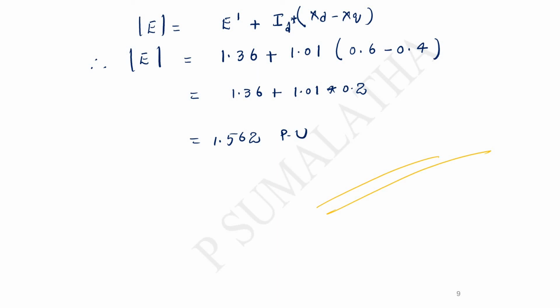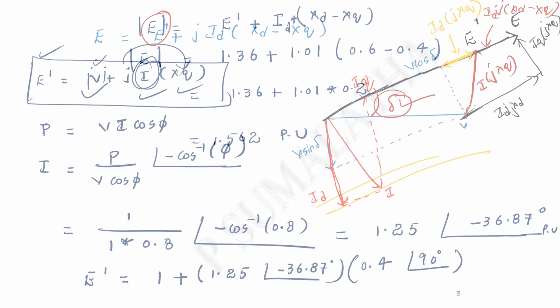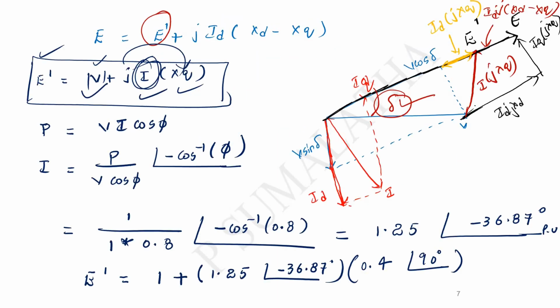If you try to remember the equations, we will simply get confused and make mistakes in the numericals. So my strong recommendation is, instead of remembering the equations, first try to understand this phasor diagram and the relations: which is the load angle, which is the phase angle, and what the relations are. Then however the problem is given, you will be able to solve the numericals.